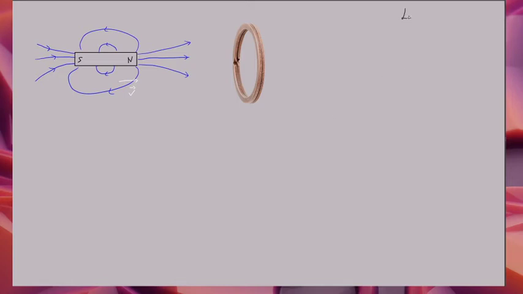Now remember that Lenz's law says that the current in a loop, I, will always act in a way as to oppose the change in magnetic flux. So what we have at the loop is that if this magnet is moving to the right, then the magnetic field, the blue magnetic field, points through the loop. So I'm going to draw it pointing through the loop. And this blue magnetic field is increasing